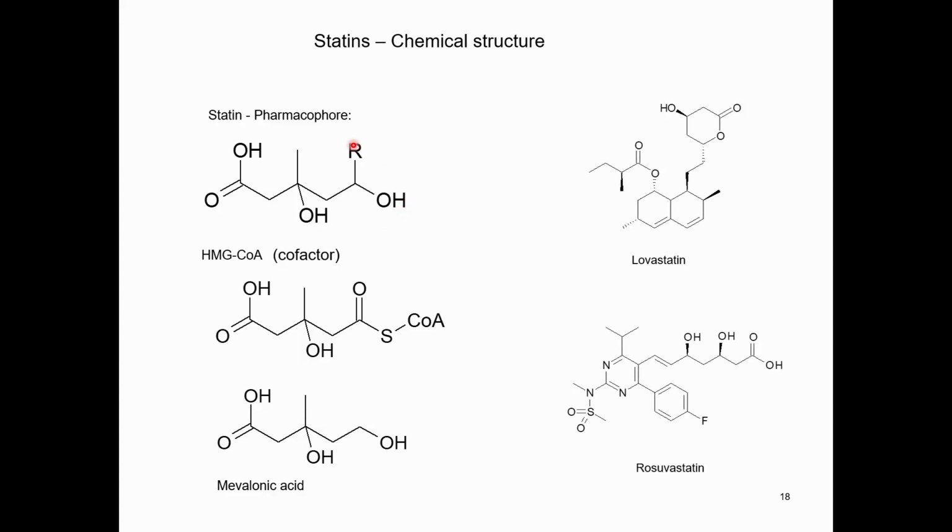And so this region that is similar, that makes it a substrate analog, this portion of the statin is called a pharmacophore, and that's a very important term. It is a chemical structure that resembles something else. It's also the chemical structure that is the business end of the drug. It's the important structure. So the pharmacophore of statins looks a lot like HMG-CoA. And this is indeed a substrate analog. And you can see that chemically here.